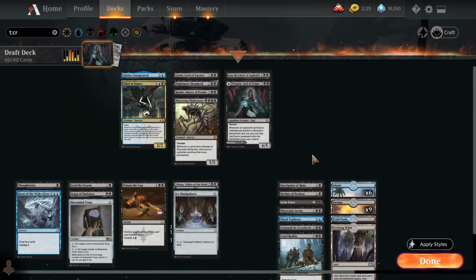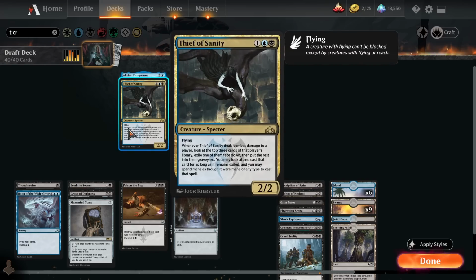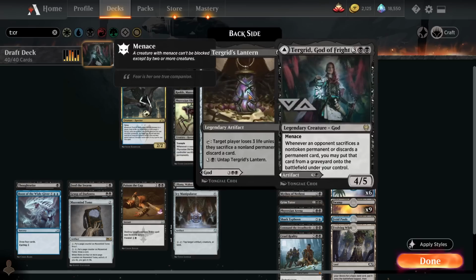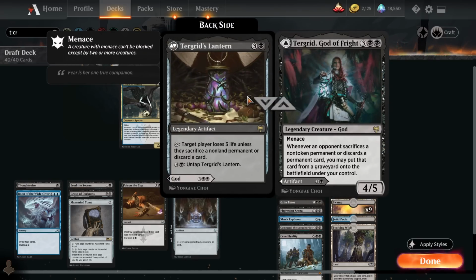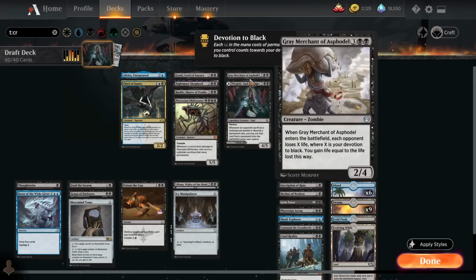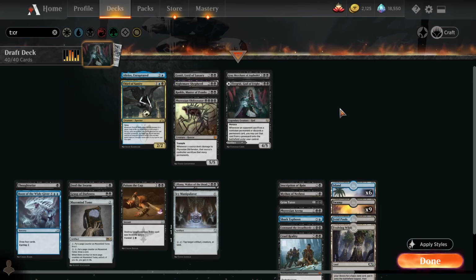Definitely not a super creature heavy deck here. Pretty controlling. Try to just drop down one explosive card, like Thief of Sanity, can take over games for sure. Phyrexian Obliterator can. Terrorgrid is definitely going to with the Lantern, or the front half there we've got some combos with. And maybe trying to go for a late game big Grey Merchant of Asphodel